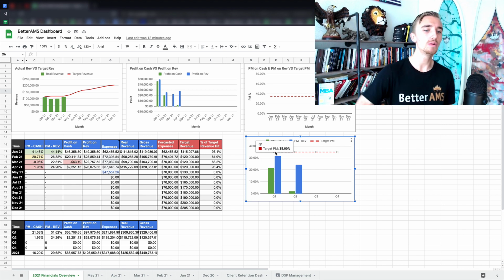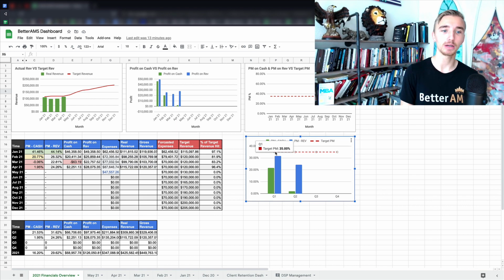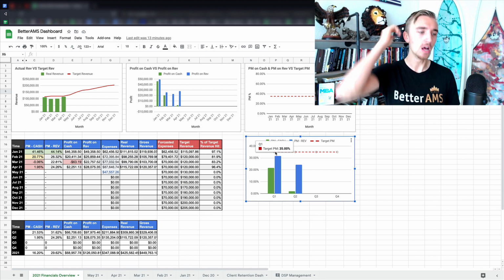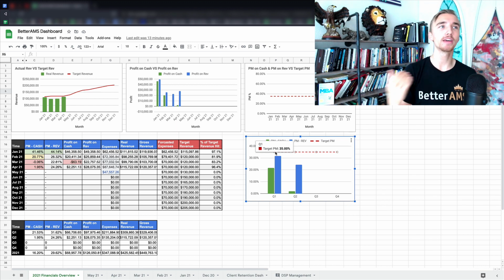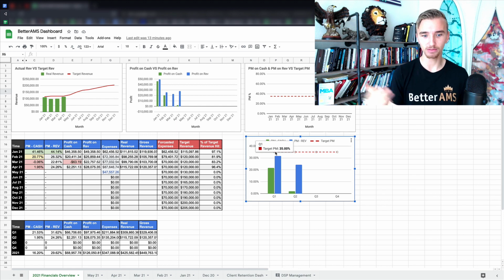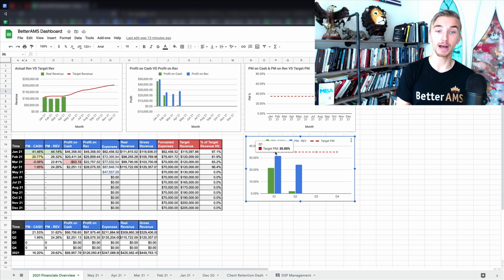So we really want to shoot for like 35% target profit margins. That would be amazing if we can hit 35%. It's not really realistic right now given how much we are trying to proactively scale. So one thing is scaling, another thing is being very proactive about everything. And so hiring a lot of people very early on so that we don't run into bottlenecks where we don't have enough capacity, that adds a lot of expenses. Hiring software developers, hiring people to build dashboards like this, hiring recruiters, just hiring a lot of people and having a lot of salaries to pay out